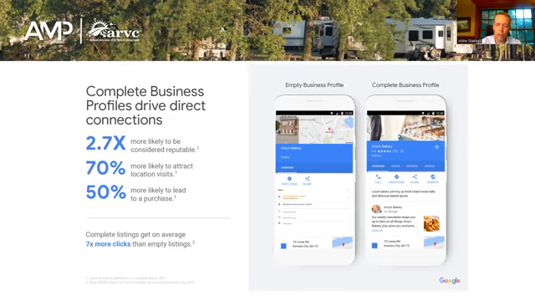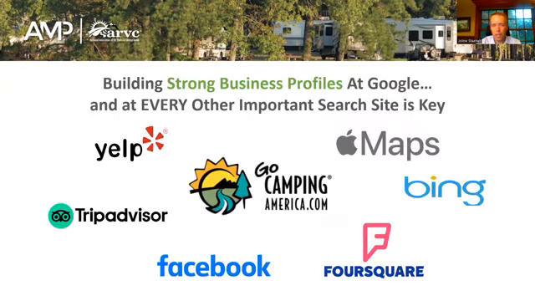So, you know, on the left, that's a pretty empty business profile. It's the photo that Google took with their Google car as they drove by and a little maps matchup. On the right, full-blown information, imagery submitted by the owner of Amy's Bakery in that case. Lots of information in that listing.